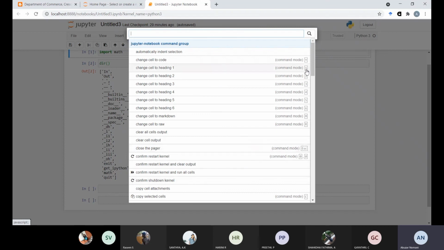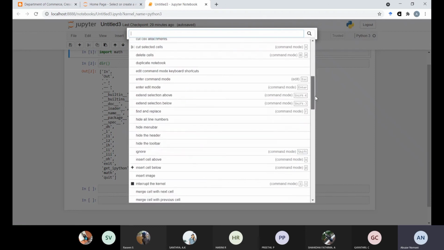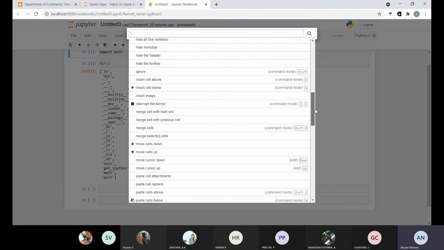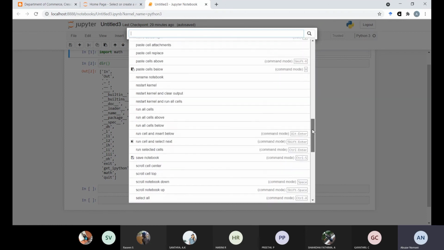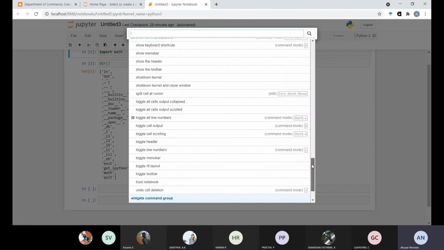All these functions are there. You can see. Insert cell if you want, command mode B. Okay, and other commands you want to have; these are the shortcut keys for working in the Python notebook.